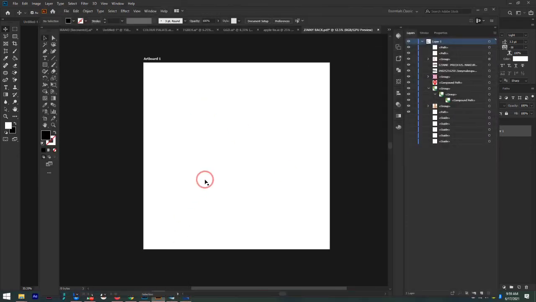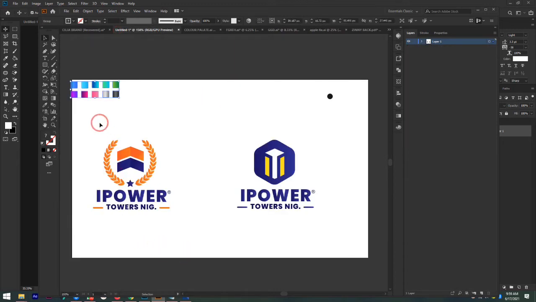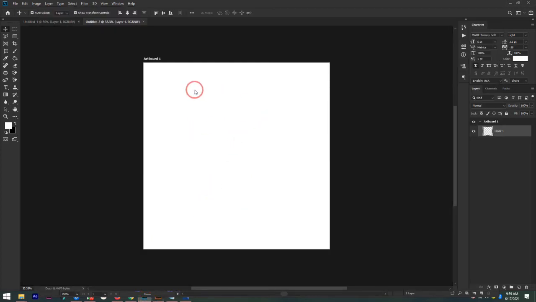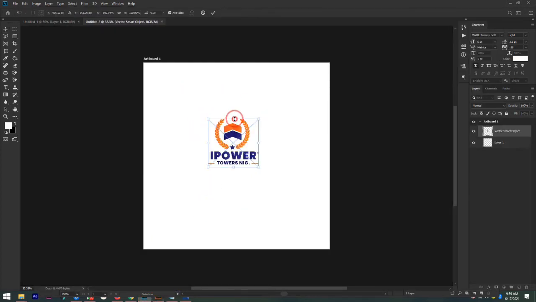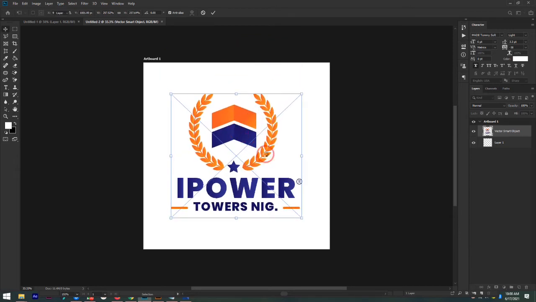We can easily move our designs from here to Photoshop. So why I usually use Photoshop to do most of my work is, you see, I move this design here. You can expand it to whatever size you want. Why I usually use Photoshop for exporting most of my assets is because